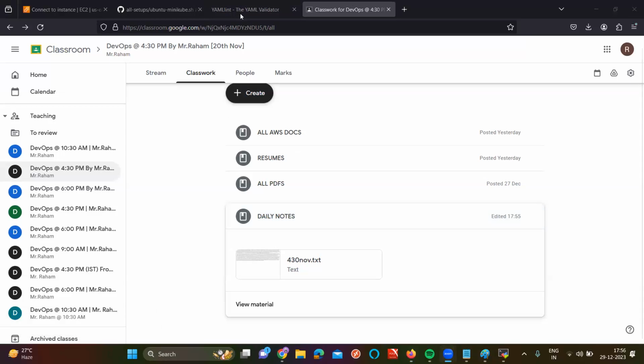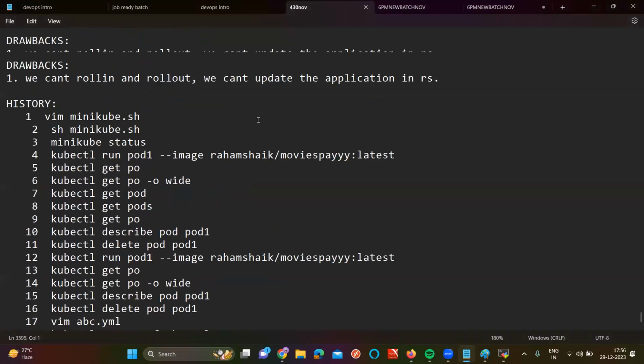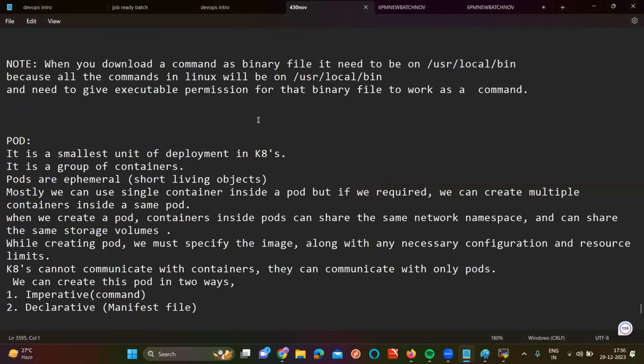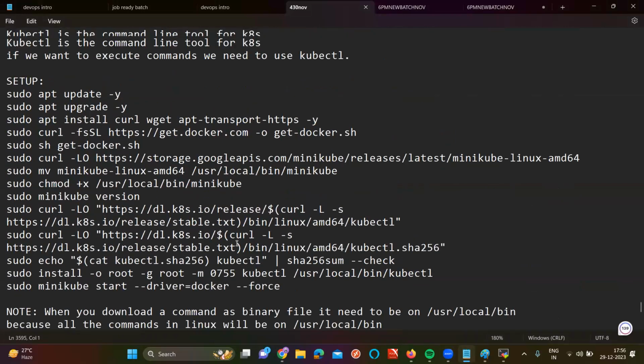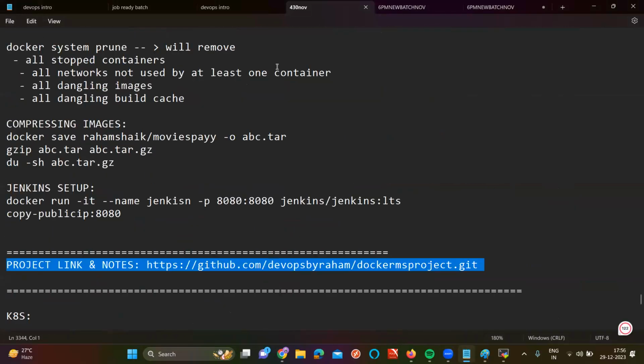Sir, you have not included the Docker GUI setup in the notes. That I have given in the link actually. If you go here, are you seeing this link? So in this link, you have that one. Who asked this question? Like Mahesh, you can get the GUI setup from there itself. I have given it directly in the repository. Okay, you can take it from there. Sunil, that current PDF is for a different purpose. Here I'm giving the notes for Kubernetes. Because the Kubernetes PDF is not in a complete pattern, try to use the notes for Kubernetes only for this concept.